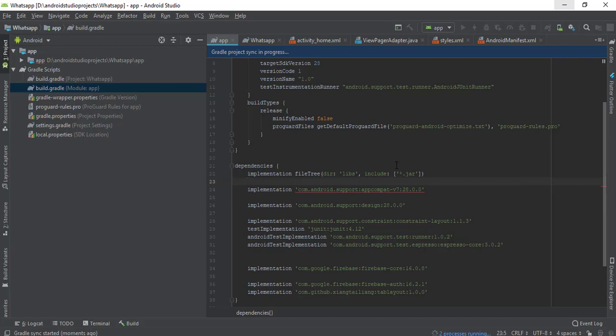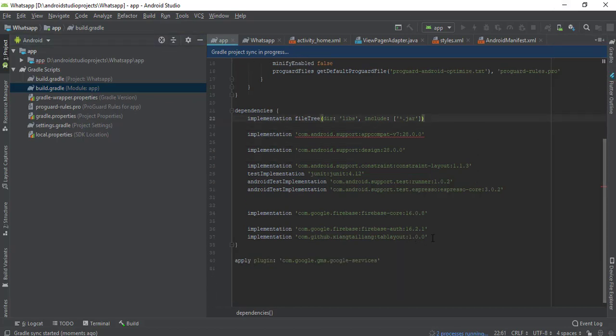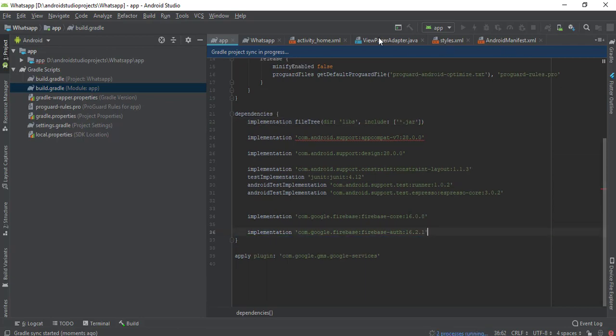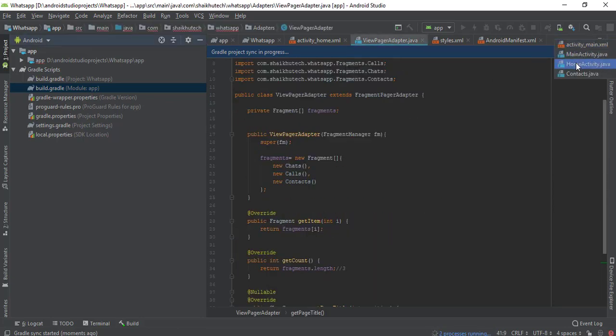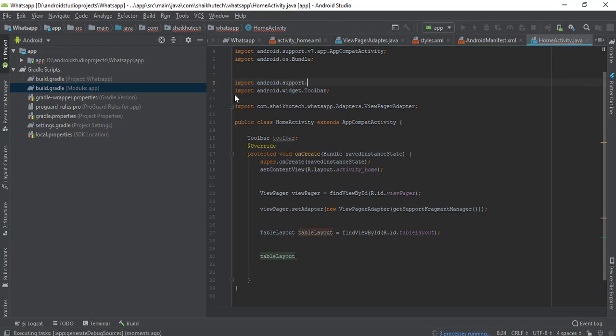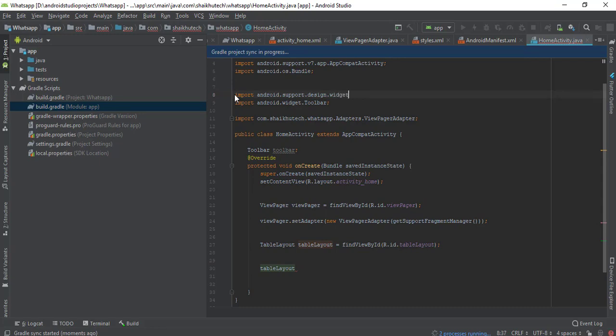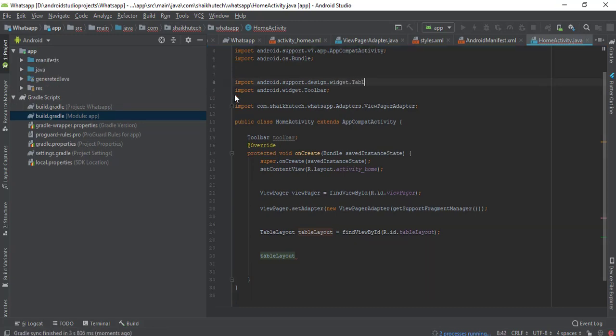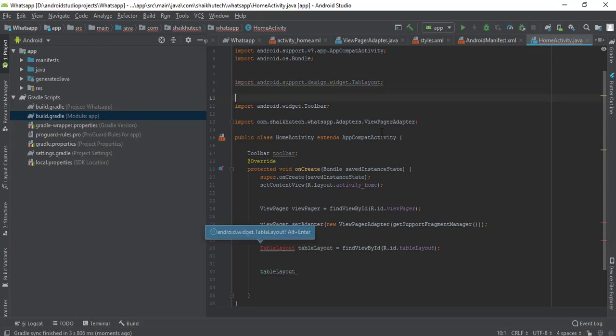Oh, we have made a mistake here. Let me go to home activity again. We need to just remove this one and just go with import android dot support dot design dot widget dot tab layout. So now it should work here,